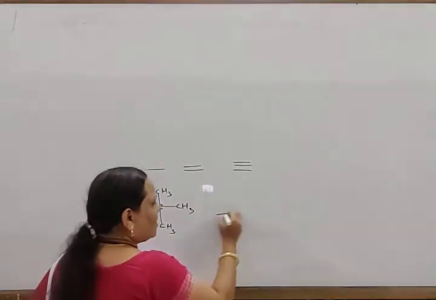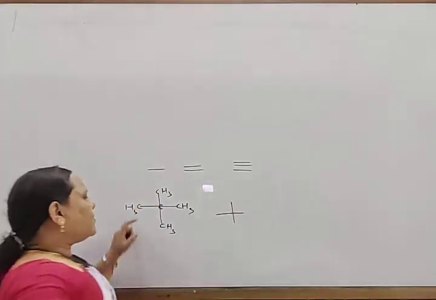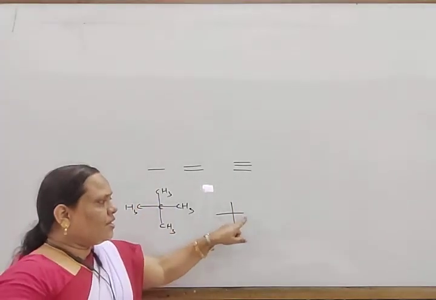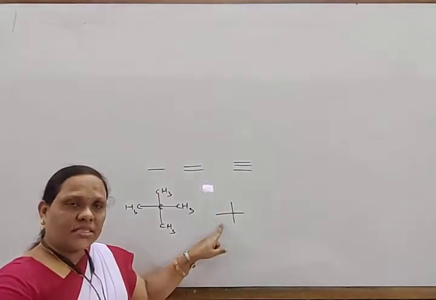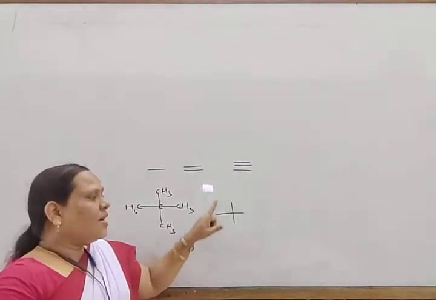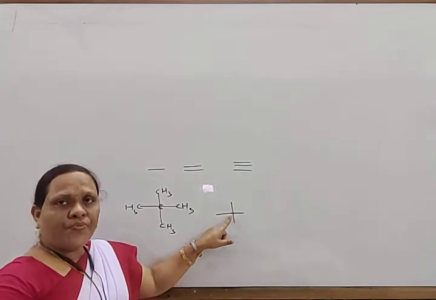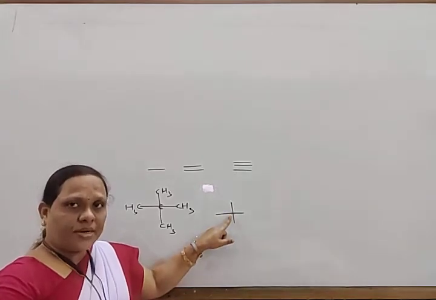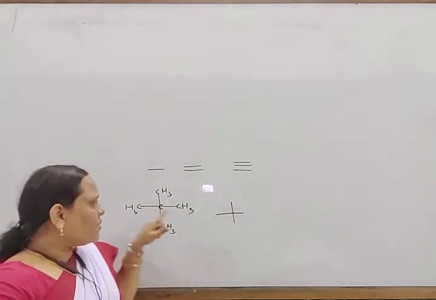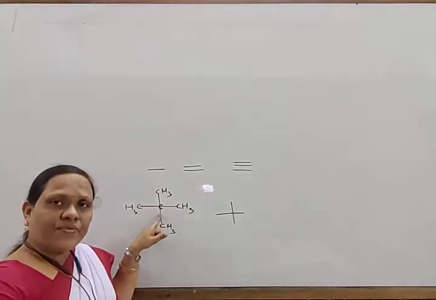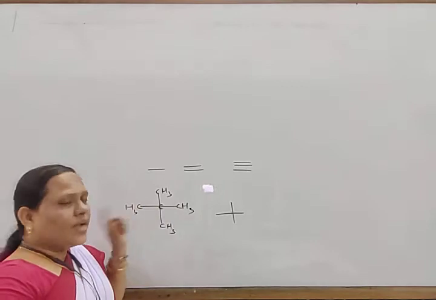So if it is written like this, at every end point there is a carbon atom with satisfying hydrogen atoms, and at the intersection point there is also a carbon atom. If required, there are satisfying hydrogen atoms, but here the tetra covalence of carbon is already satisfied, so there is no hydrogen atom.